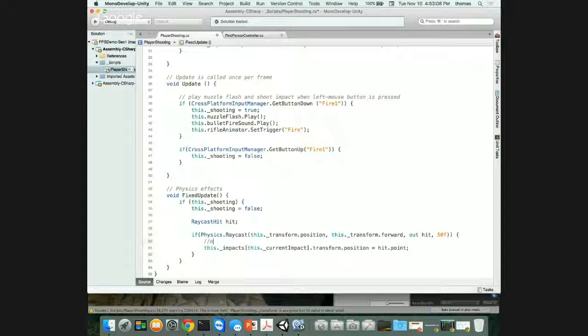Move impact particle system to location of ray hit. That's what it is. So wherever my ray hits, when I aim my gun, basically all I'm doing is I'm